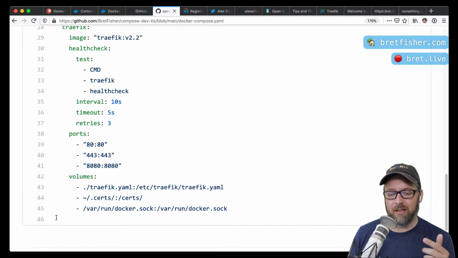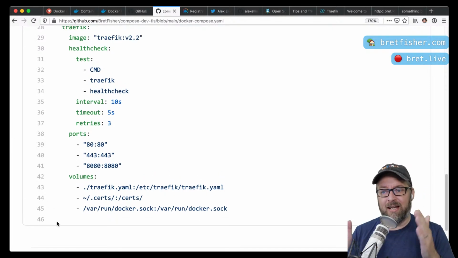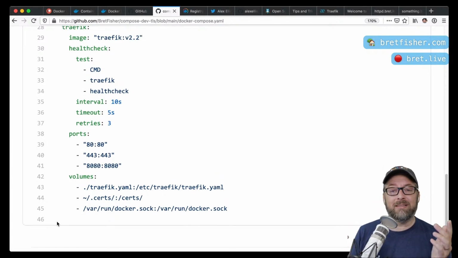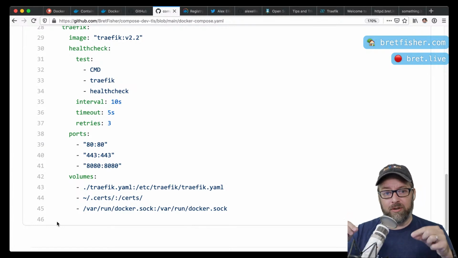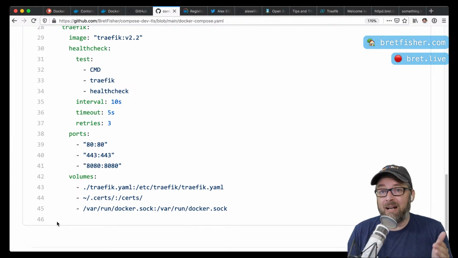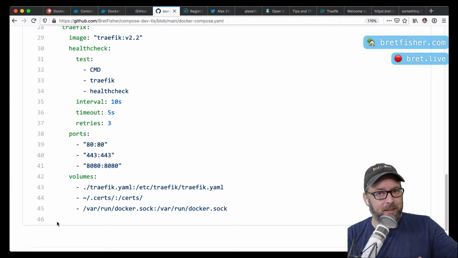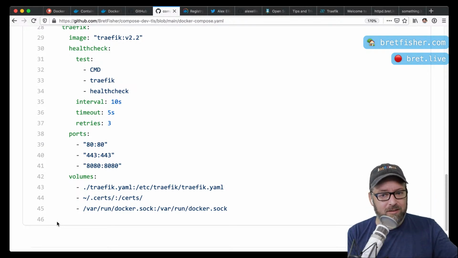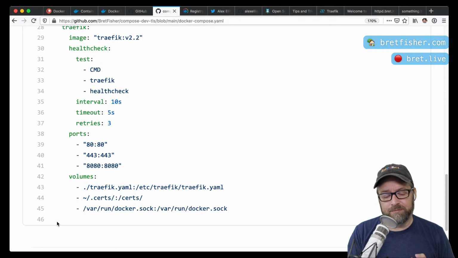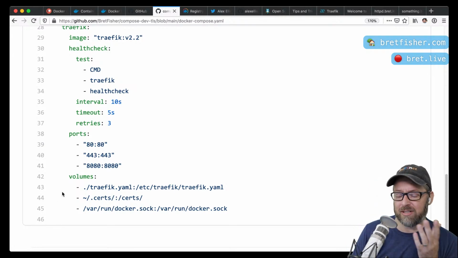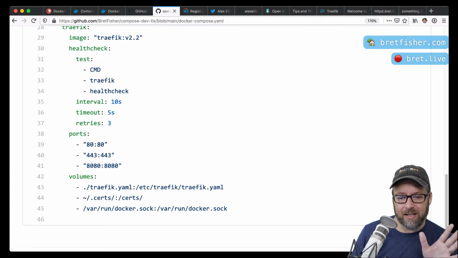But you would basically put down here a network and have them all added to the same named network. And as long as traffic is on the same Docker network with those containers, it doesn't matter where the containers are running. It doesn't even matter if they're in Compose. Traefik is just looking at the Docker API and saying, there's more containers on my network, and I'm going to route traffic to them if they have the right labels. So that's all that you need. So you could technically have 1,000 Compose files as long as they're on the same network. Hopefully that answers your question.